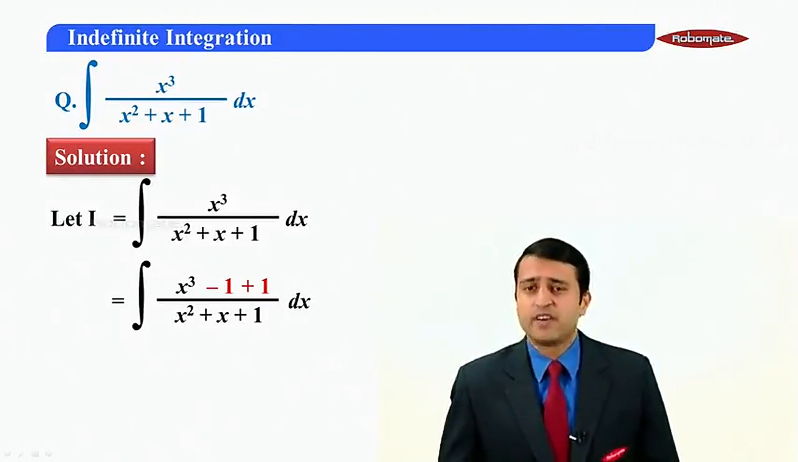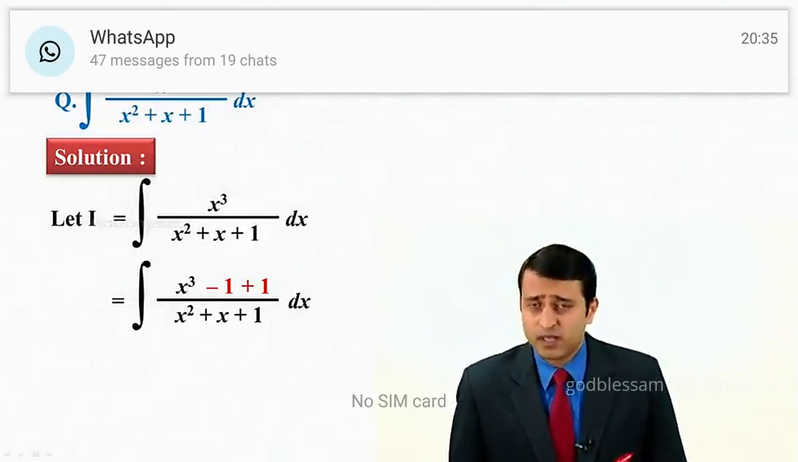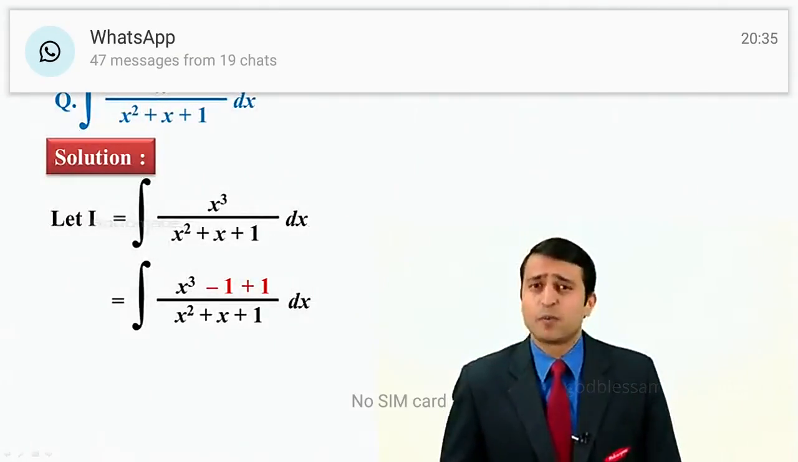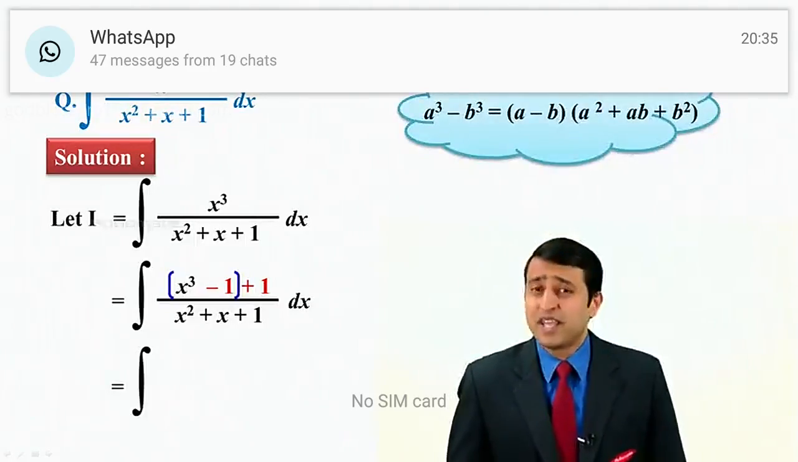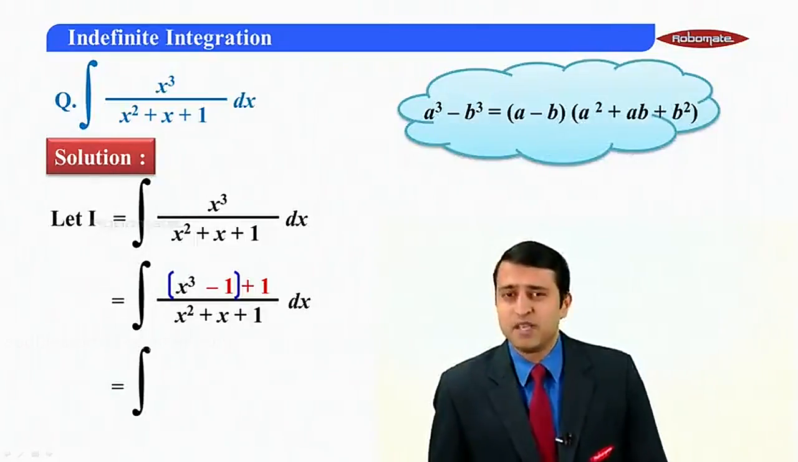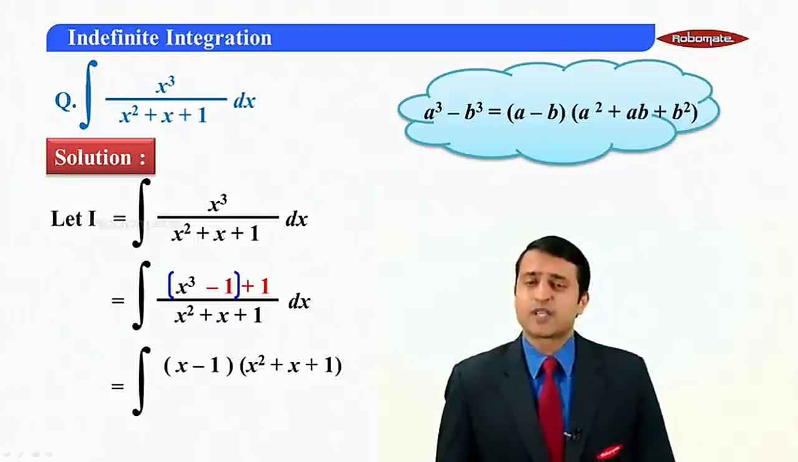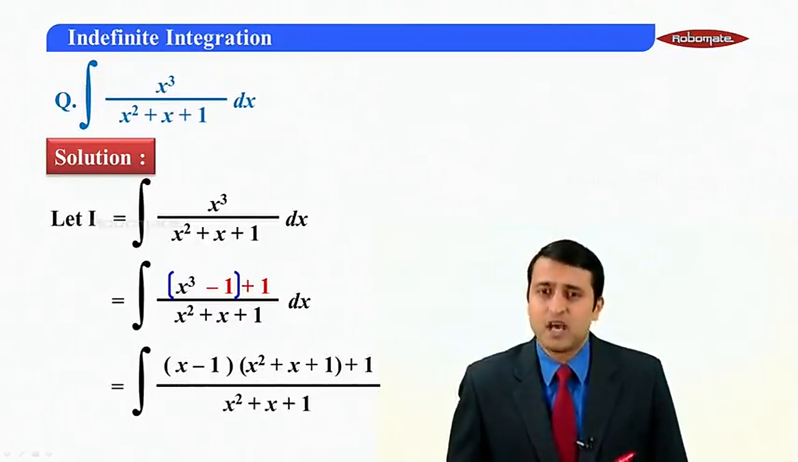So what we have here is x cube minus 1 plus 1 upon x square plus x plus 1, of which we will group x cube minus 1 together. So x cube minus 1 is of the form a cube minus b cube. We very well know the formula, which is a minus b, so x minus 1 into x square plus x plus 1, and that plus 1 remains separate upon x square